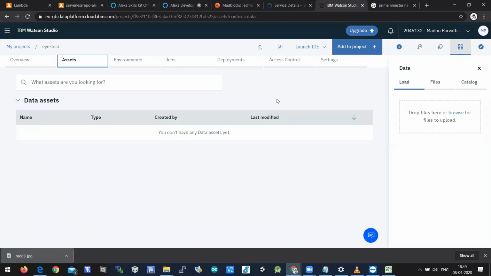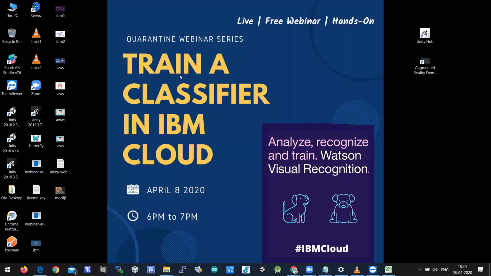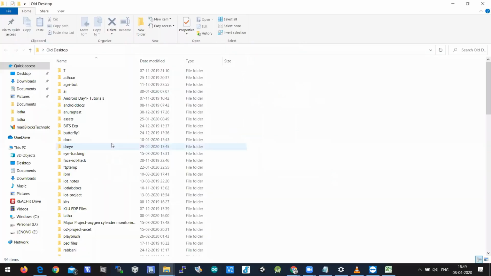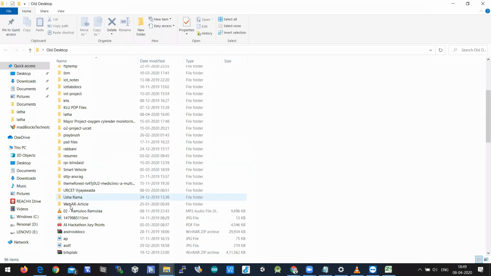Okay. As the target is identifying eye disease, there should be a data set related to eye diseases. Let me check whether there is any data set available for eye disease.